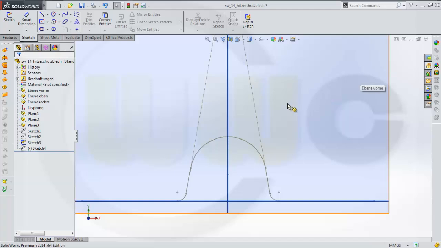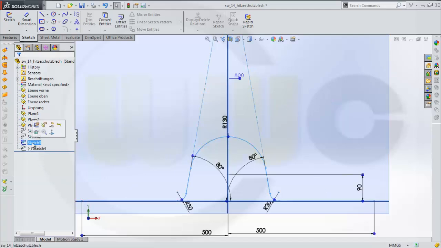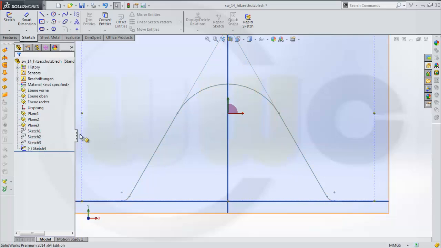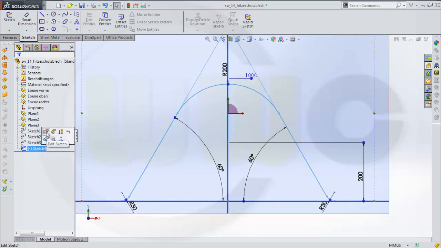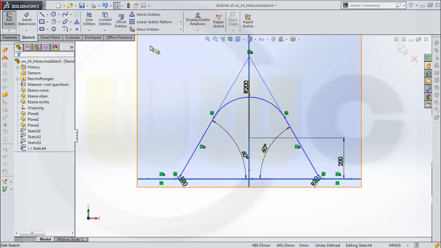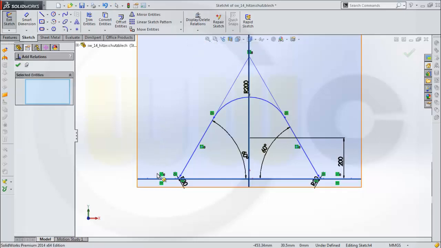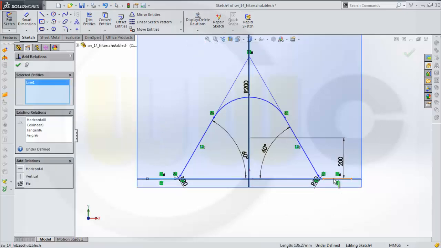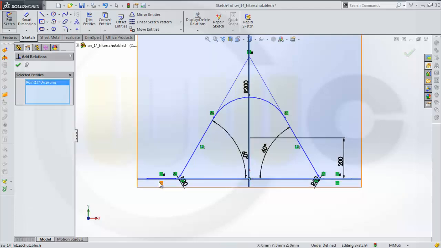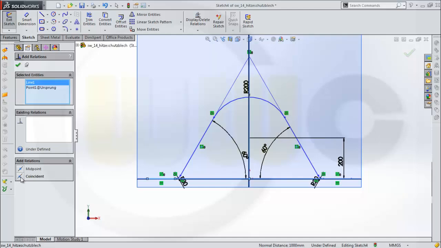Leave the sketch, hide this one, show that one, edit it, and again add some relations. This line and that line should be collinear, this point and that line should be coincident,